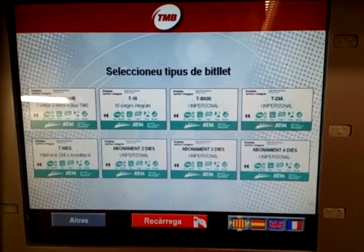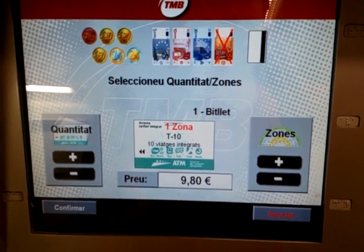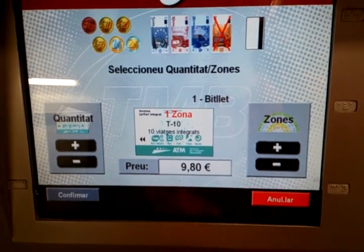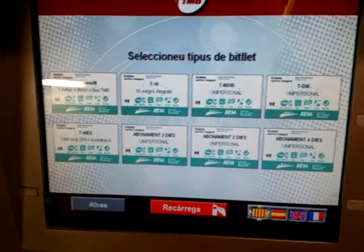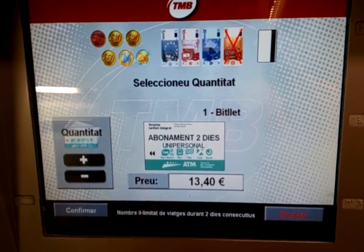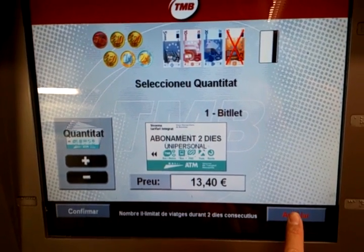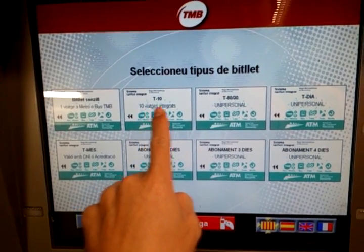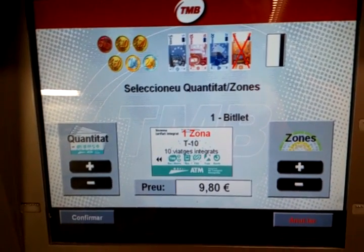However, you can buy this set of 10 tickets for €9.80, which obviously comes out much better. For most people, getting the multi-day passes probably won't make sense because it's quite difficult to travel that many times on the bus or the train, etc. So for the vast majority of people that are visiting, the T10 carnet, the 10 tickets,